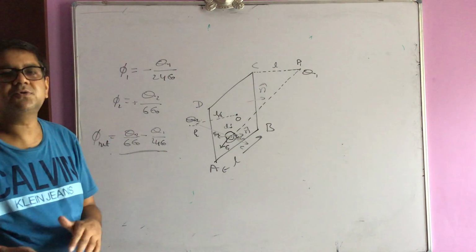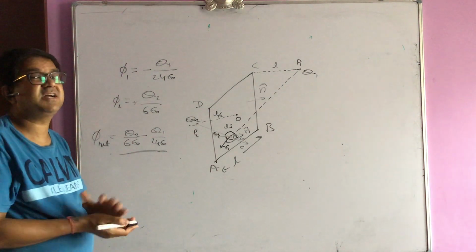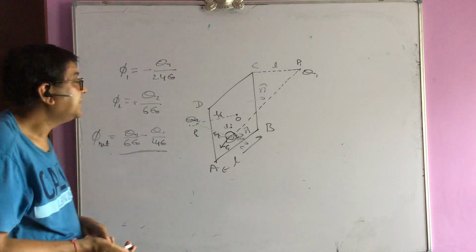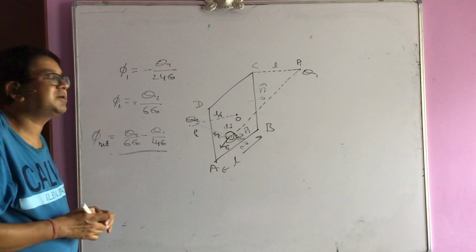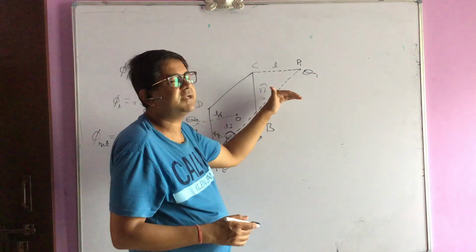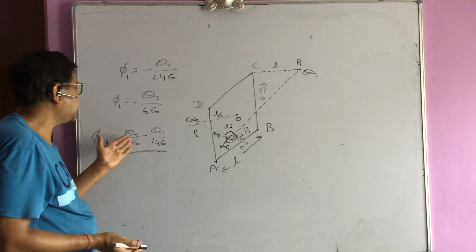So if I am asking you the flux due to two or more than two point charges through a given surface, for the direction part you have to be very alert, and for the sign part you have to be very alert. You have to make the sum, but an algebraic sum. But one thing is there, I have taken the rightward direction as the positive area vector. It can be taken leftward positive. If I take leftward positive, this will be negative, this will be positive.